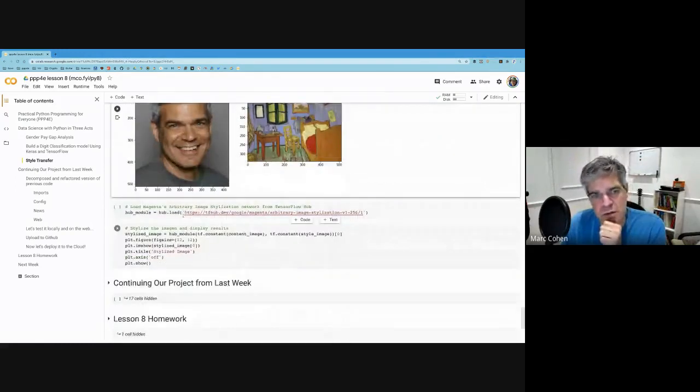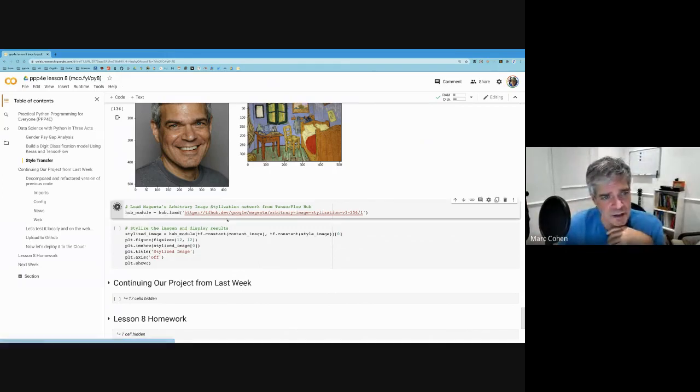Next thing we're going to do is load the model. So we don't actually always have to train a model. We can just load a model that someone else trained. And obviously this is nice because we don't have to do much work. All we have to do is piggyback off of someone else's work. And so just like you can use Python code that someone else wrote, you can use a machine learning model that someone else trained. It takes a little while, so I should have started this while I was talking, but